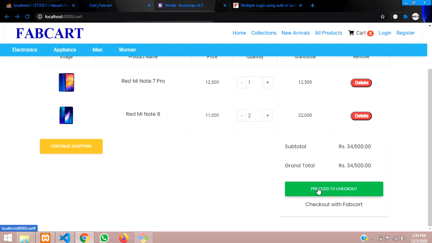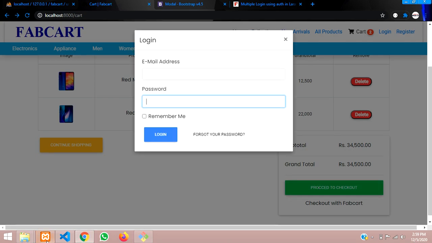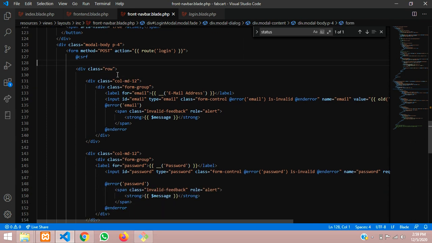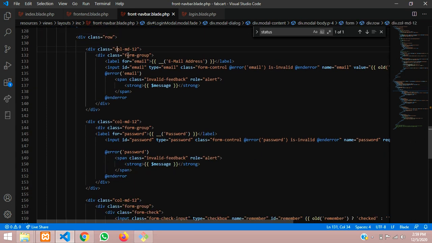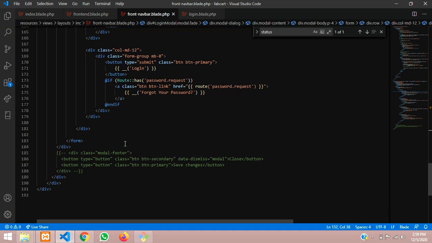So guys, here is the design. Just now I have changed that. Same thing, I have just replaced it with some design format. So you can see here guys, as row 12, then form group, and then label and the form control things. Same things are there, I have just aligned them, right?